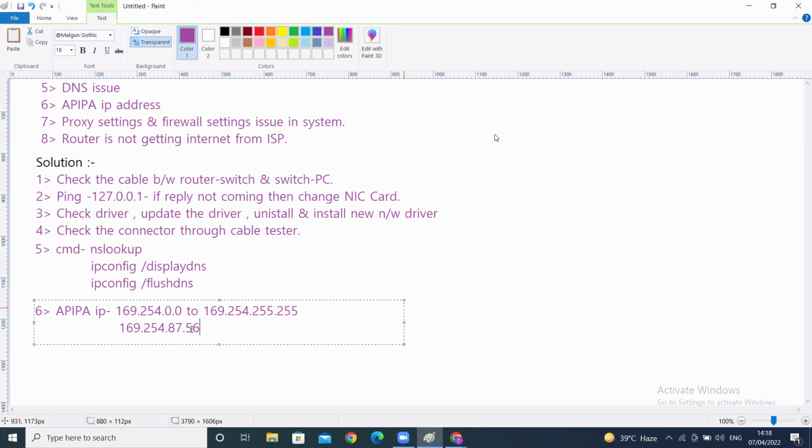So by this IP, what will you understand? This is an APIPA IP, right? Because these two are the same. You only need to check the first two octets. If you are getting an IP address starting with 169.254, it means it's an APIPA IP, 110%. APIPA comes in a system when the DHCP server is not replying, when the DHCP scope is full, or when the connectivity between the server and the client is broken. So if APIPA comes in a system, how to resolve it? Let's see the multiple solutions for APIPA. So first of all,